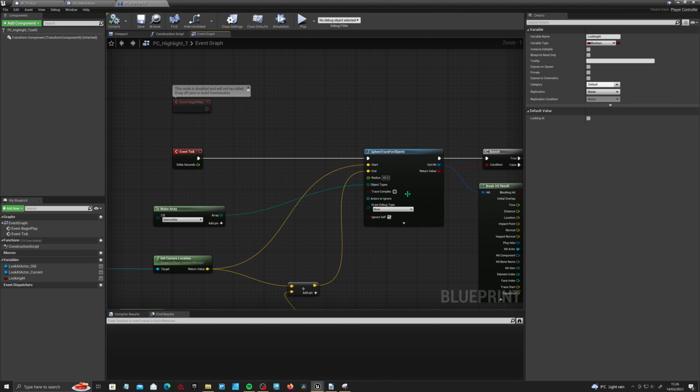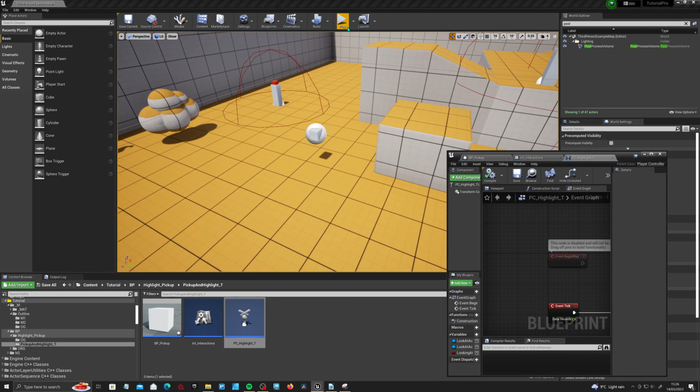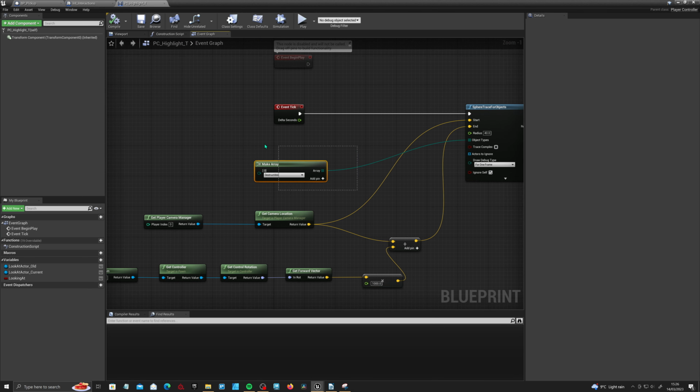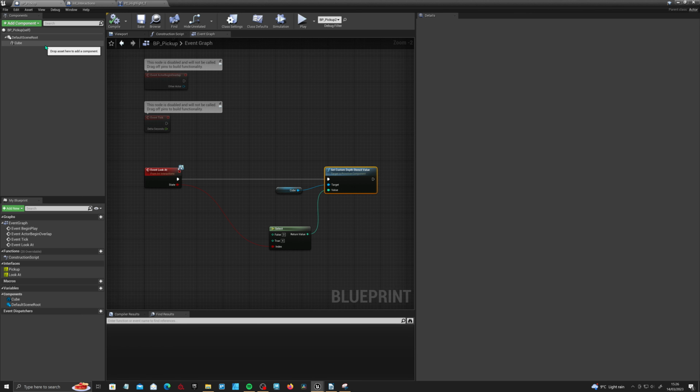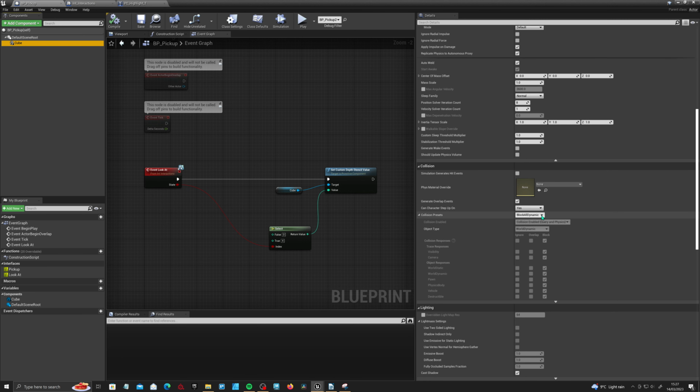Now the first thing we can do to actually debug this is to turn on the actual debug type in the object trace. So if we save, compile, go in here and play again. Are we firing this off? Yes, we are. And it's not actually seeing this object. And that's because, if we remember, I set this to look for destructible. And our pickup, if we go to our pickup blueprint and we click on our cube and go down to collision, we haven't actually set that yet, which is fine. So if we go to block all dynamics and we go to custom,